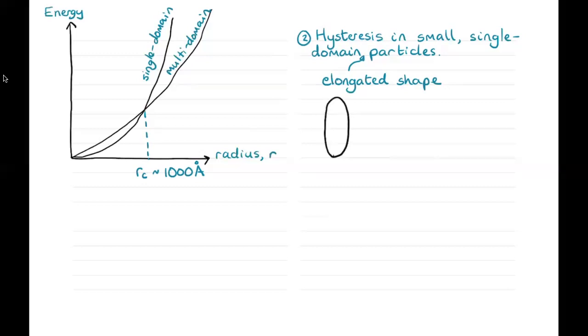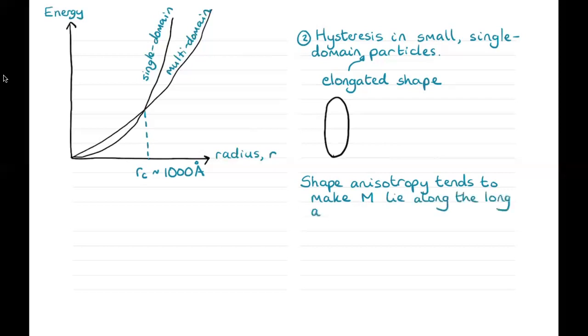The reason for this is that the shape anisotropy tends to make the magnetization lie along the long axis. So our magnetization will naturally be oriented in this direction along what's called the easy axis,